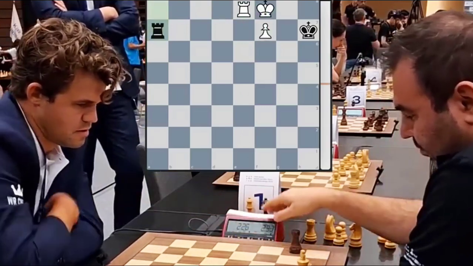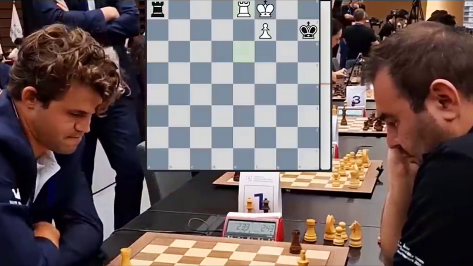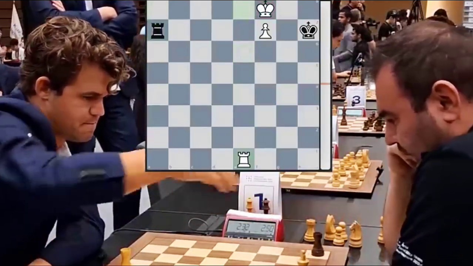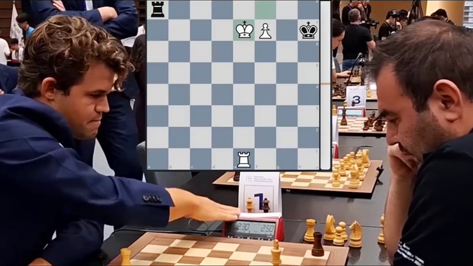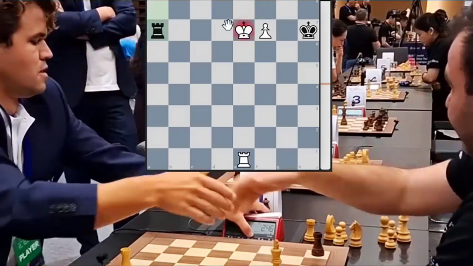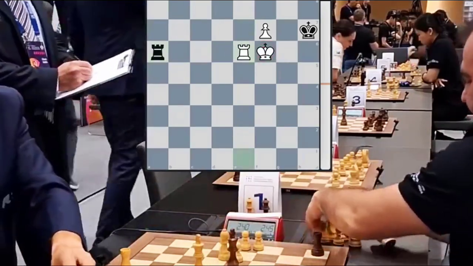So he plays here check, rook e8, and now after rook a7 he comes rook e1, threatening rook h1 check, check king e7, and it's all over, because after check king f6 check, there is rook e6, and that's the reason why Shakhriyar